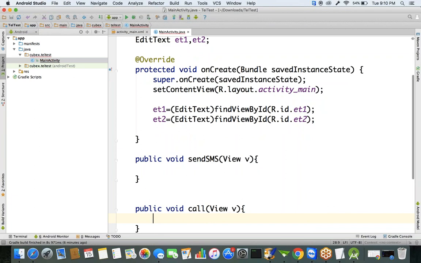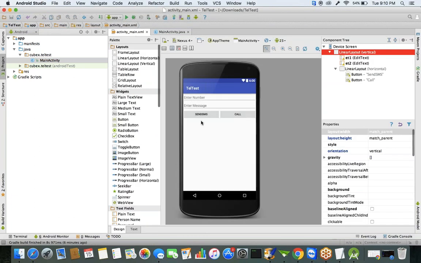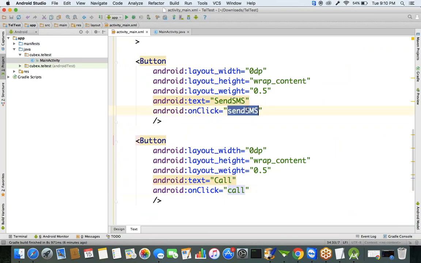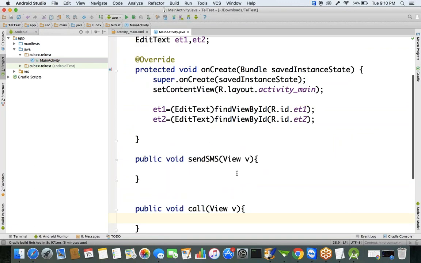So we created two buttons, send SMS and call, and we even configured the click events for send SMS and call. Okay, so now when the user selects the send SMS button,